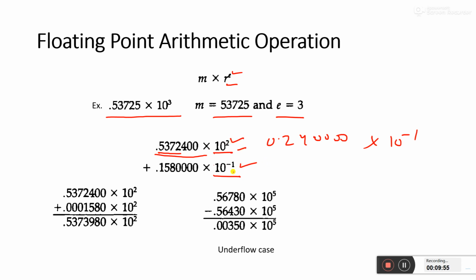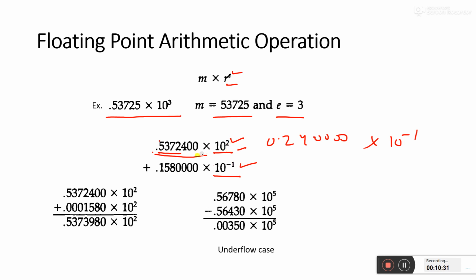Okay, so for the power of 10 to be the same, you will have to shift these numbers. You have to shift this point to either the left side or the right side. In that case, you have 0.537240. If you shift this point to the right, then this number will come. But in this case your mantissa will lose 537, so accuracy will be compromised.